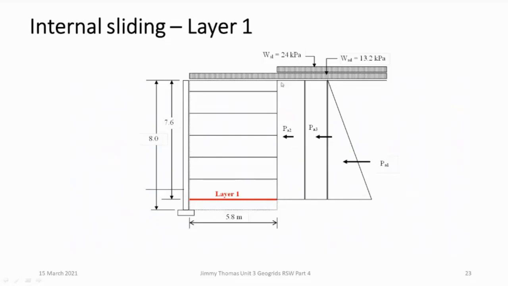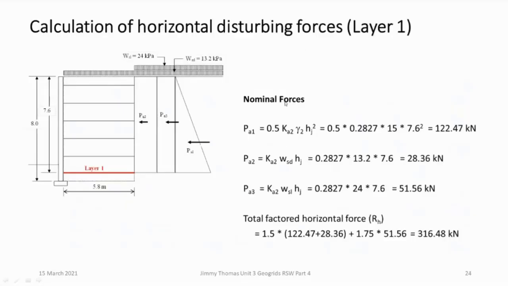So we calculate the earth pressure above this level. I have taken this. Again, we have the forces due to the fill, the live load surcharge and the dead load surcharge. Same procedure, so forces will be half Ka gamma h square. But now our h is the height above the bottommost layer, which is 7.6 meter. With that 7.6, we calculate all the factors and similar load factors like 1.5 and 1.75.